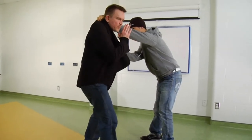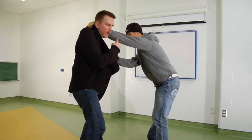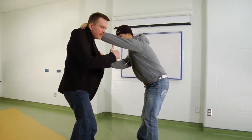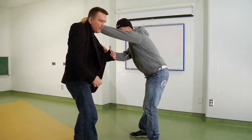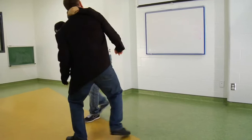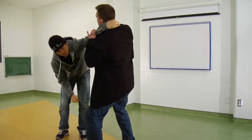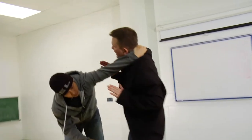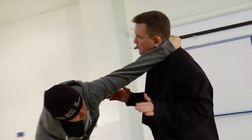Now, if he's really big and I want to arm lock him, I have to get him off balance. If he's not pushing me as much as I'd like, by pulling with my head, that pulls him off balance. Now, as we talked about in the escape, I need to suck this head back as far as I can. Now I know his grip is about to break because I've been practicing